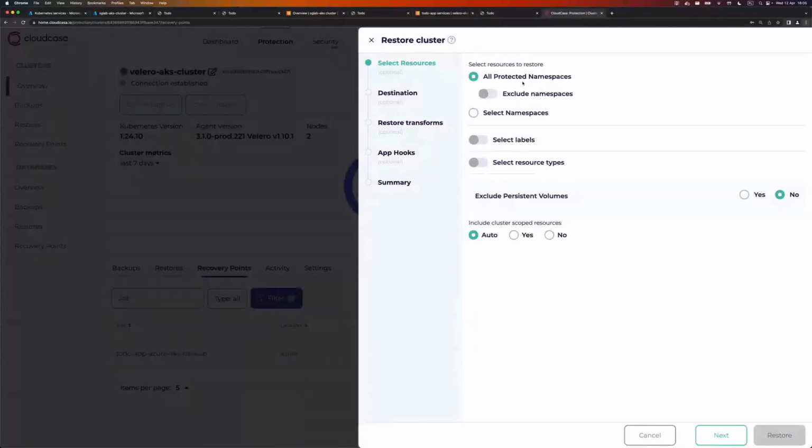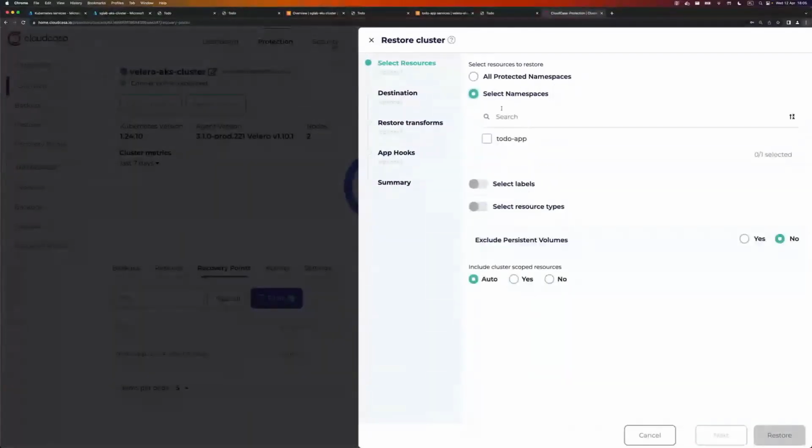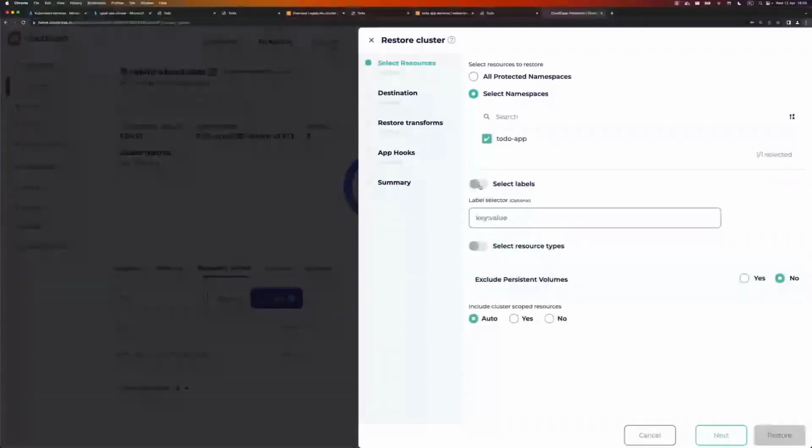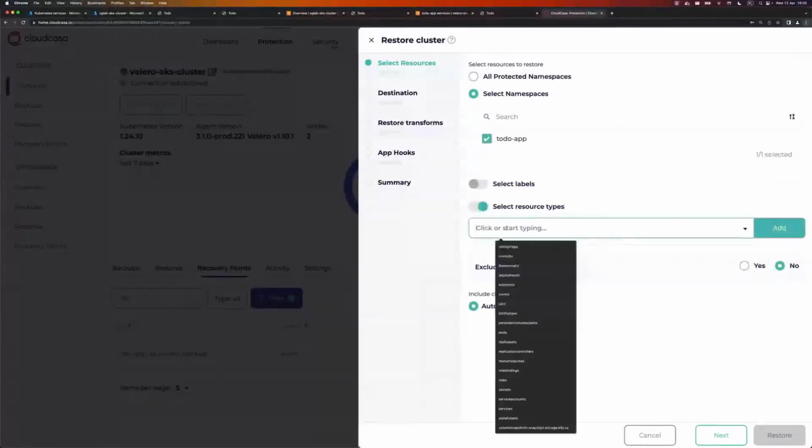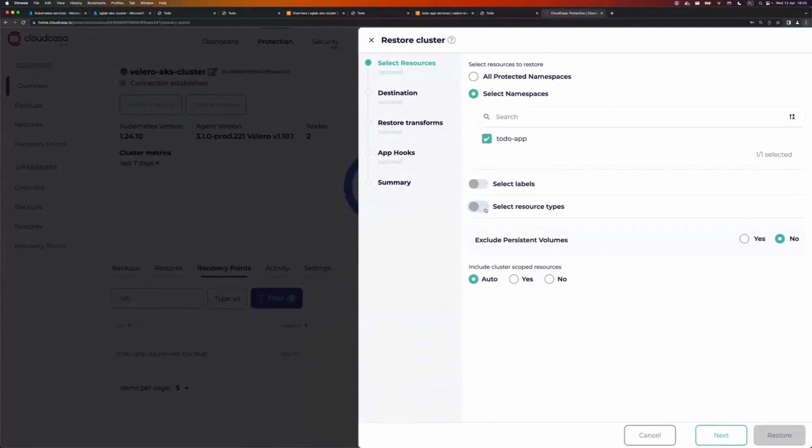So what I can do right now is go to actions, click restore. In the first step, I can select what resources I want to actually restore. So I can go with all namespaces, or I can just select some, and that's what I'm going to do. I will just restore one namespace. If I wanted to, I can go by labels or make the restore even more granular and select different resource types from a list. But again, I want to restore full namespace, so I just go with one namespace and